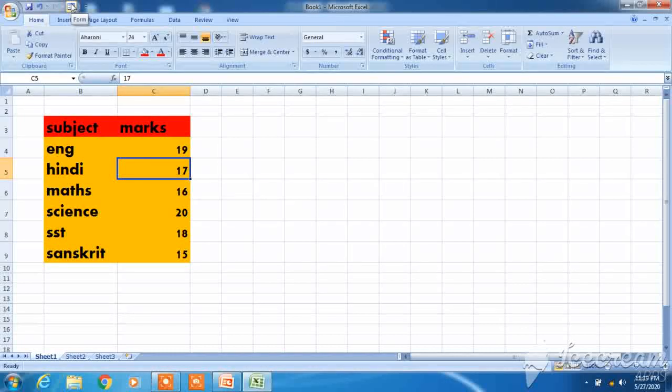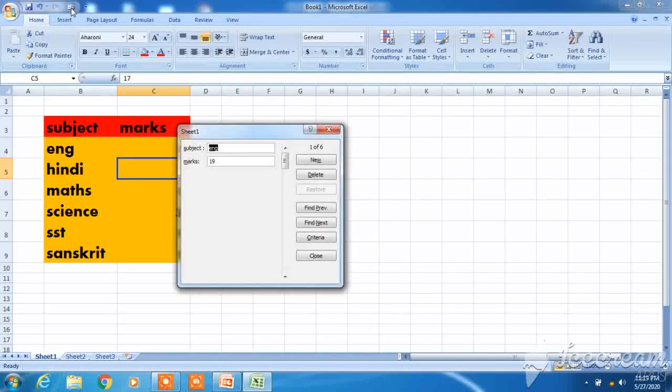So here we will first learn how to add a new record in the form. I have made a record of the subjects and the respective marks of a particular student. Let's double click on this form. If this form is not available, you have to insert it.